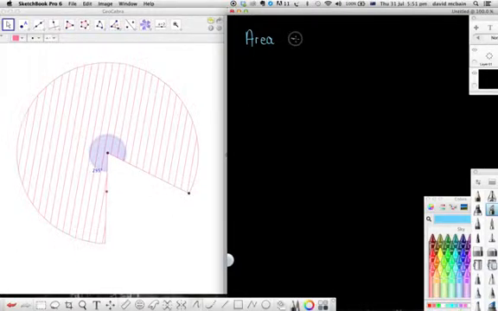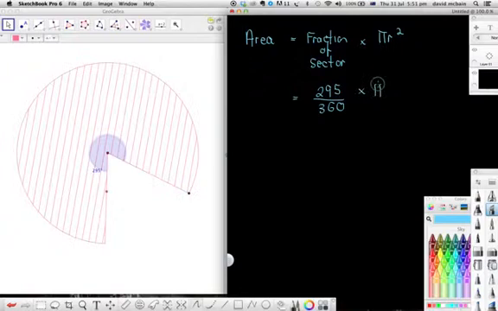So the area is going to be the fraction of the sector times pi r squared, which equals, in this case, 295. So the fraction we've got is 295 degrees out of a possible 360